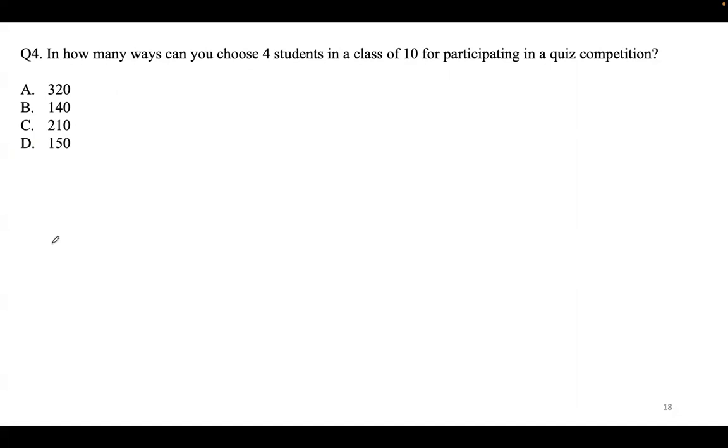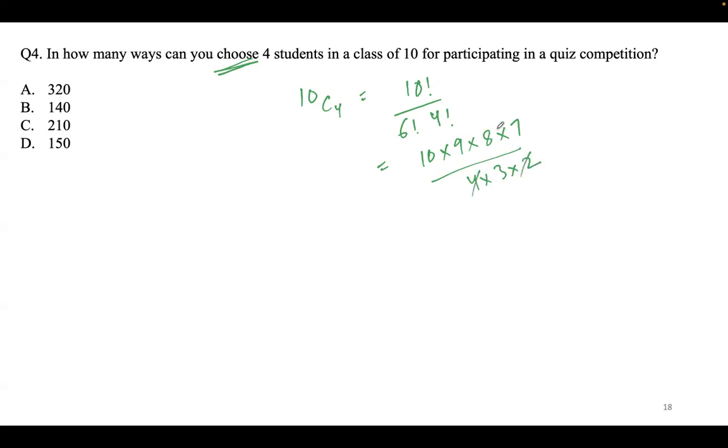Oh, this we already saw, similar to this. In how many ways can you choose 4 students in a class of 10? The keyword here is choose, right? So combination, choosing, since you don't have any other extra information given. So this is 10C4, which is 10 factorial by 6 factorial, 210. I think it's 210. Let's just check. So this will cancel, 4 into 3 into 2, and this is going to cancel. This is 6. So it's 420, I think.